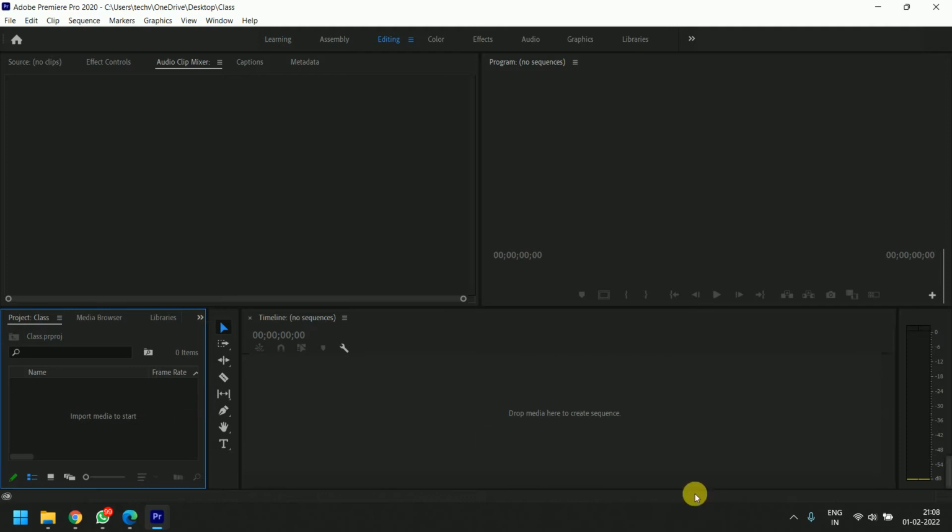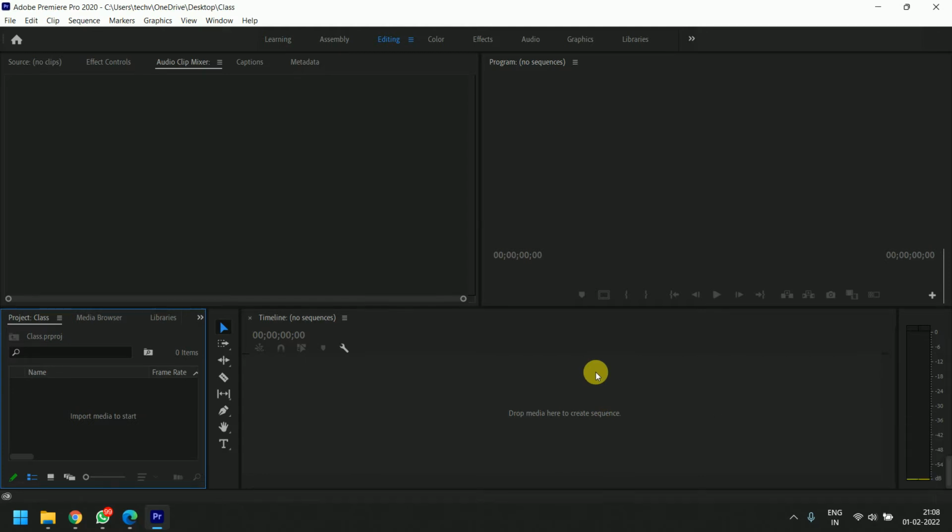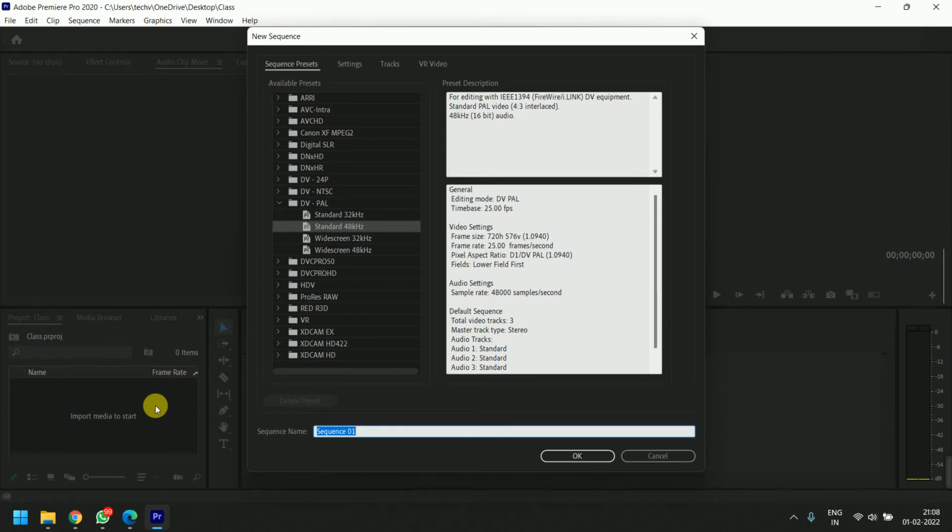So how to create a sequence? You can see this: drag media to here to create a sequence. If you drag the media directly over there, the sequence is created automatically. But I'm not going to drag media directly. I'm creating a sequence as per our control. How can we do this? There are 2-3 ways to create the sequence. The first way is to press Control, and a new sequence panel opens, and you put in the values and create the sequence, right? It is understood.